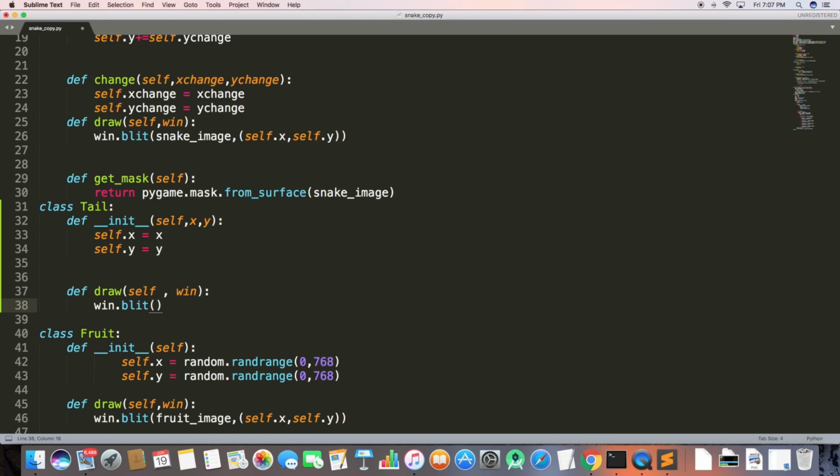As I was saying about how I'll have the tail trail the snake, I will actually be running a for loop, and for every block, its location, self.x and self.y, will be the position of its previous tail block that is closer to the snake.